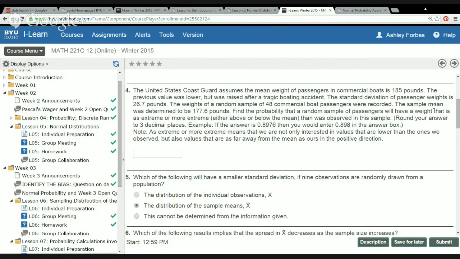Alright, well, I'm just going to try this and see where it takes me. So if I do 177.6 minus 185 divided by,